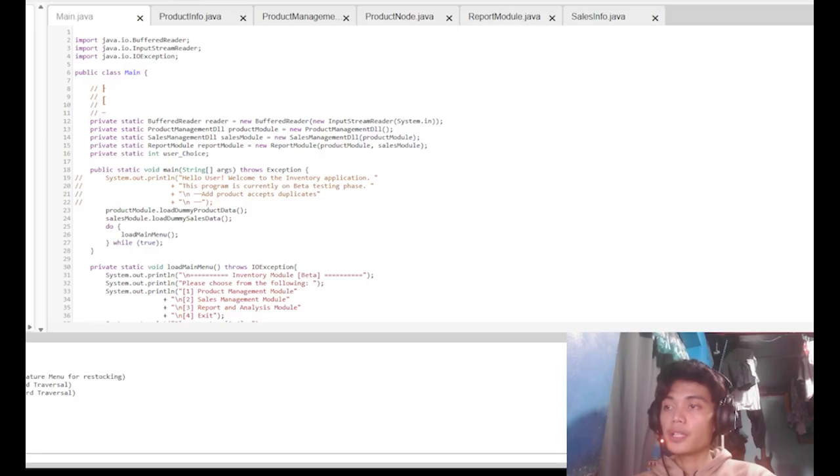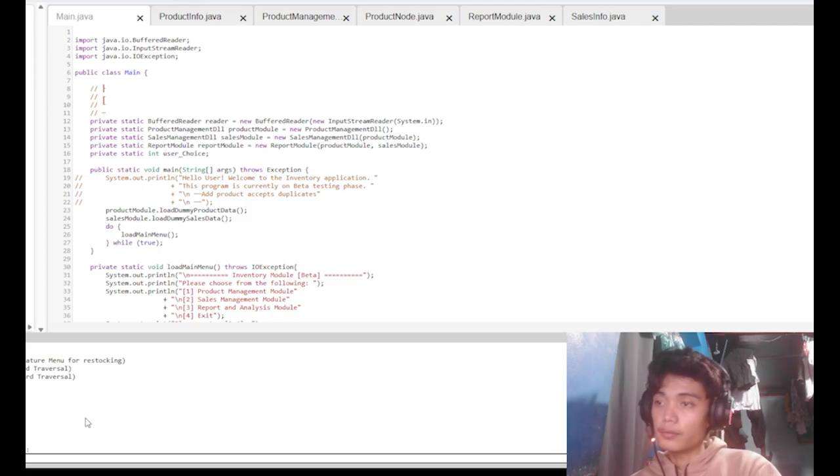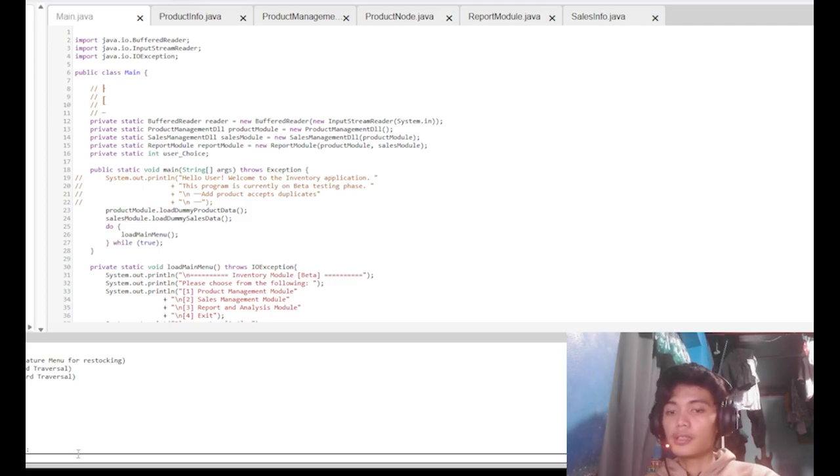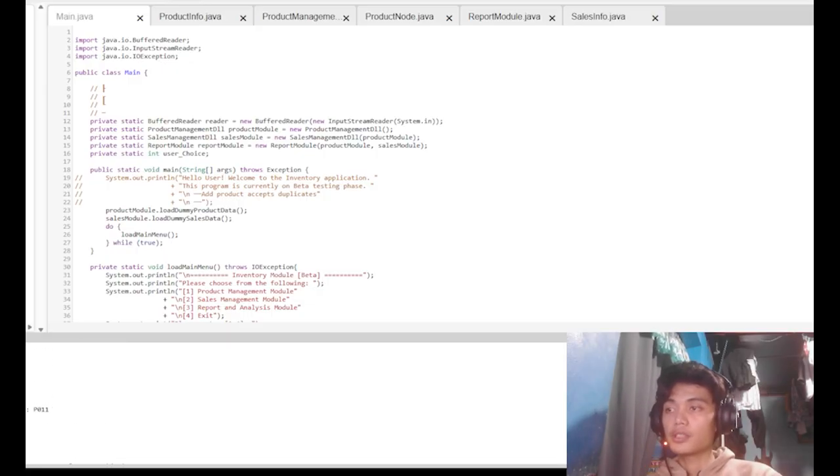When you search the product by ID, for example P011, it will show the grapes with its price and quantity. So the product is found, which is the grapes.